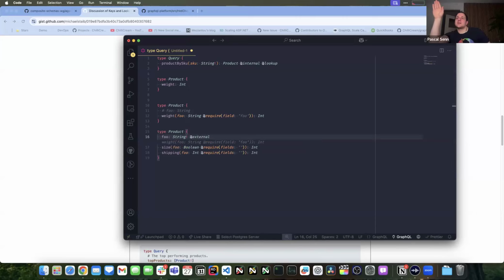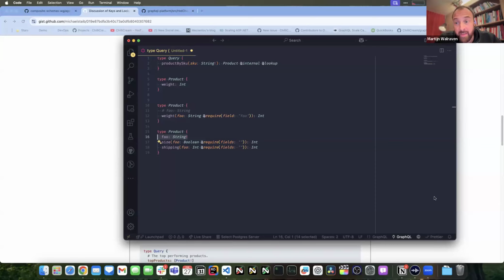No, you can never. So that's the difference with this specific thing for require. This field, you can never query in any way, never. With provides and external, it's different because you can query it in some cases, and with the key you could also query it when you come through the lookup maybe. But in the case of require, you never query the field because you just do not expose it, right? And in that case, it wouldn't even need to be in the GraphQL schema. It can just be in the SDL.